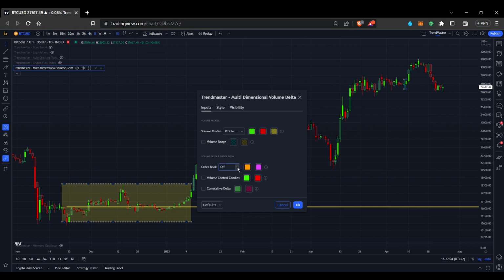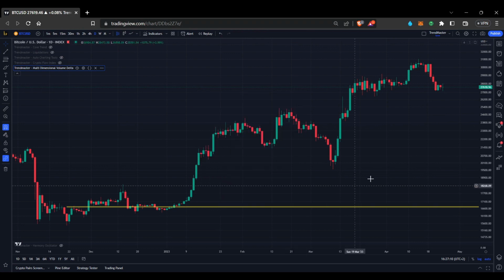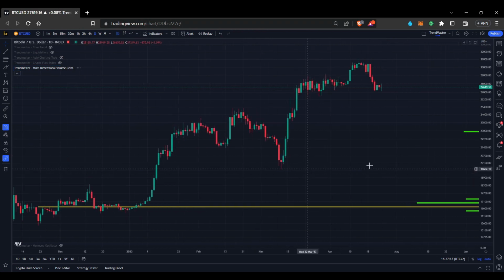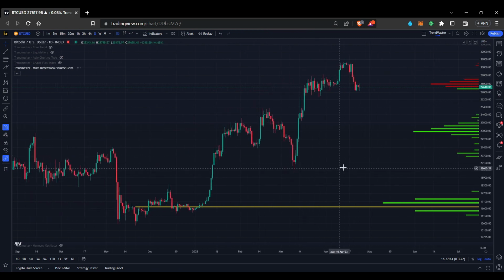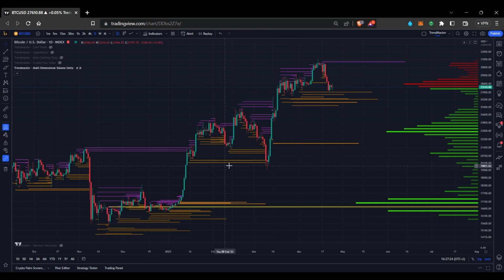But as well as that, we have order book. Now this is looking at open interest and volume divergences, which usually indicate that there is lots of limits being placed at a particular price. So I turn this on, as I said, it takes a little second, but you'll see layered over price action where people had their limits set, where once we'd actually passed through, we had a huge increase in volume. Prior to that, we had a huge increase in open interest,